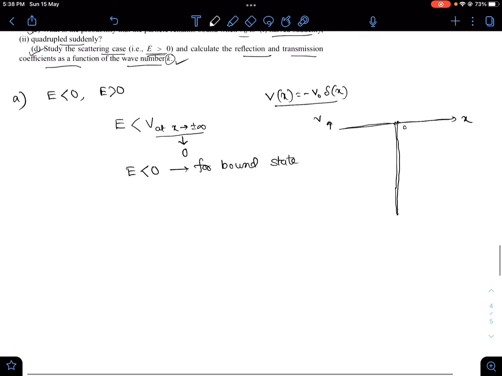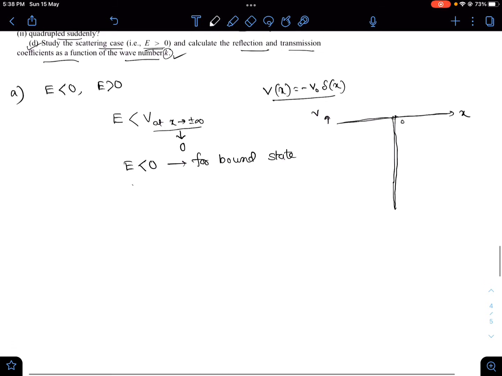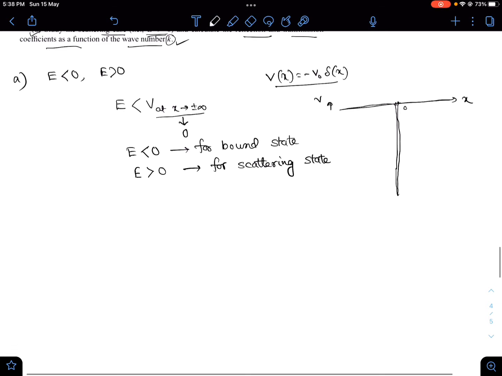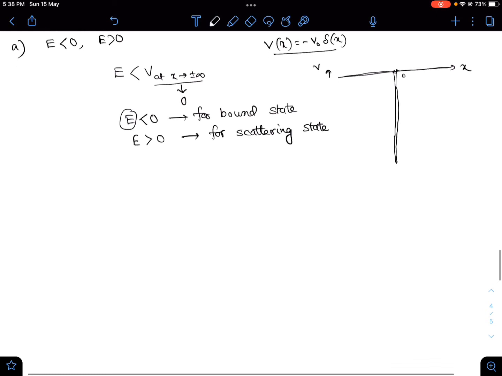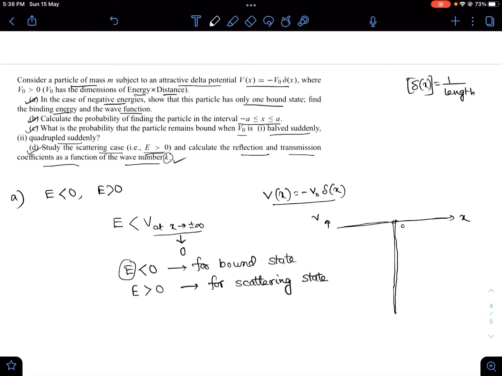And what is the scattering state case? For scattering state case, we have energy greater than 0. So we have cleared why energy should be less than 0 for bound state. So now let us calculate what we have to do. We have to show that this particle has only one bound state, and we have to find its energy and